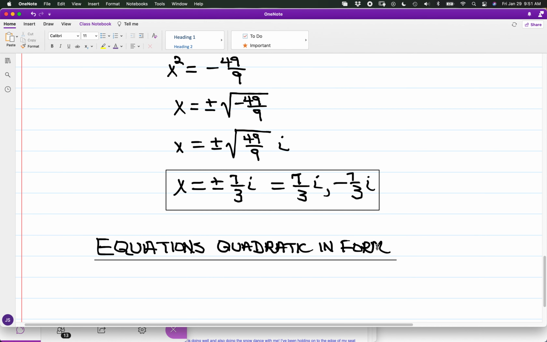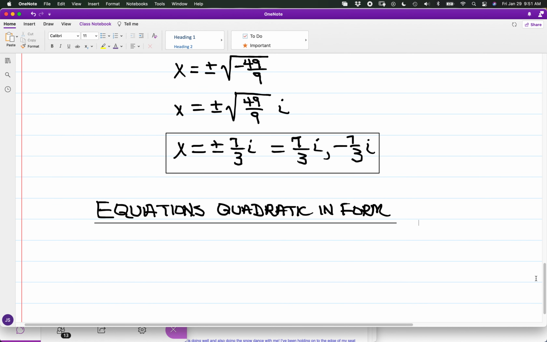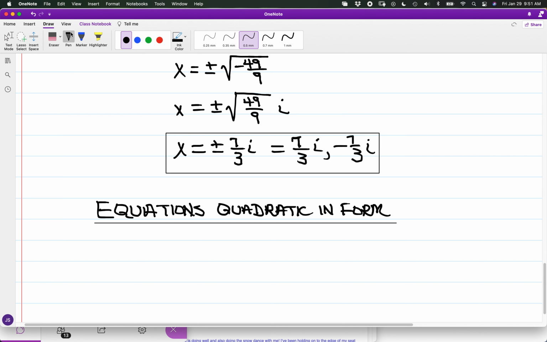Essentially, equations quadratic in form will not be quadratic equations in the purest sense, but you're going to see a bit of a 2-to-1 ratio pattern among the exponents. It could be where you have a single variable term, but for the heart of the matter, let's take a somewhat generalized case for equations quadratic in form. We say that those are going to be equations where